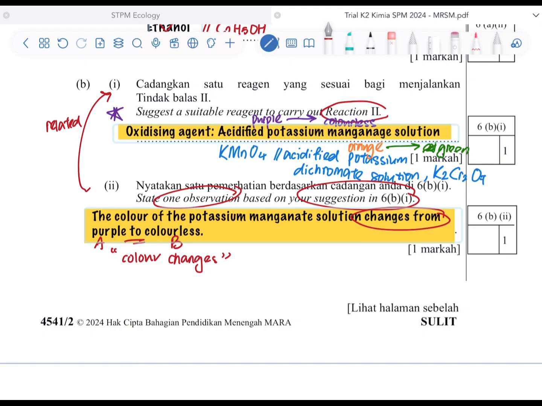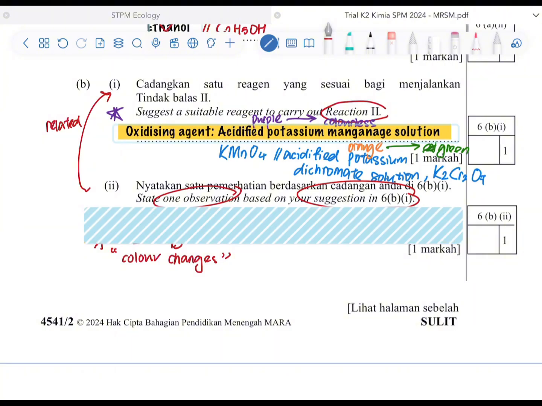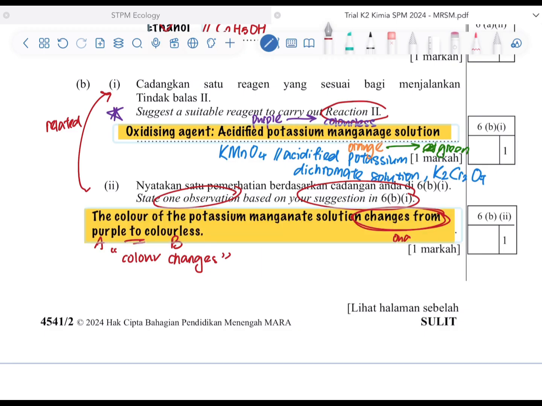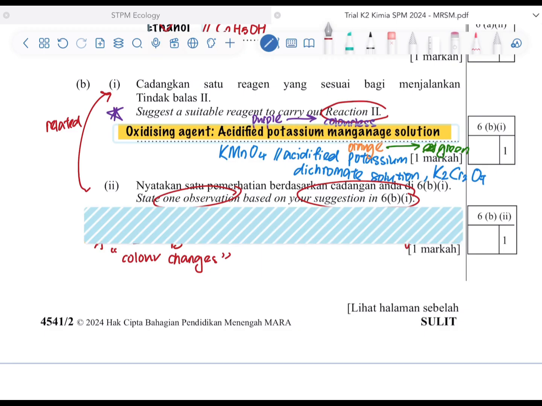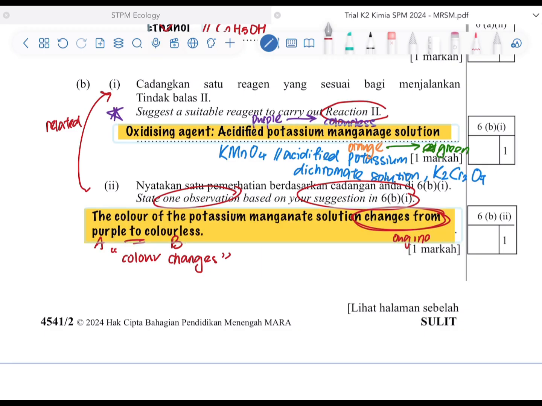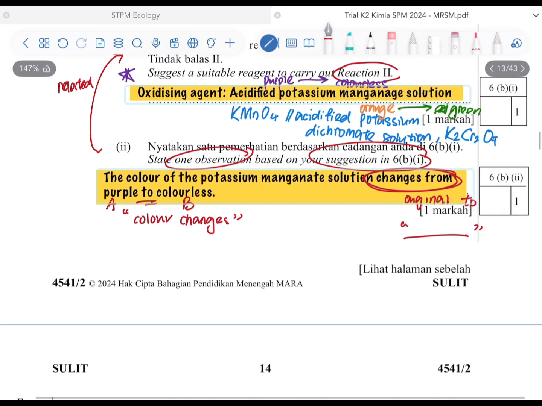Don't just straight away write that the color of the potassium manganate solution is colorless. No, this is the wrong answer, because the original color of the potassium manganate is purple. So for the observation, you must write change from the original color to what it changed to. Okay,